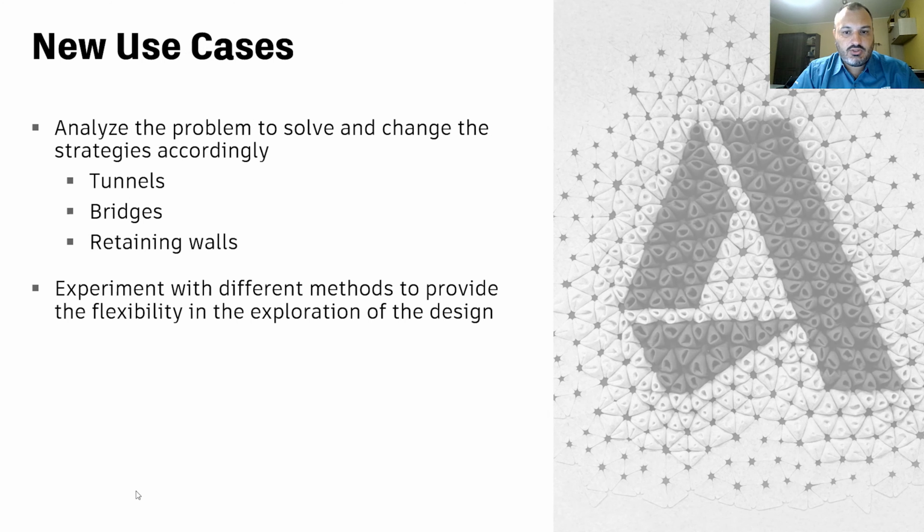For new use cases, you should apply the same kind of concept that we have seen at the beginning: analyzing the data flow, understanding what is fixed and what is going to change inside the generative design analysis, and defining the computational strategies accordingly to what you have to produce, and what are the metrics that are going to be useful. For example, for tunnels, you could consider the distance from the alignment to existing buildings as a parameter that you want to maximize so that you reduce the effect of vibrations.